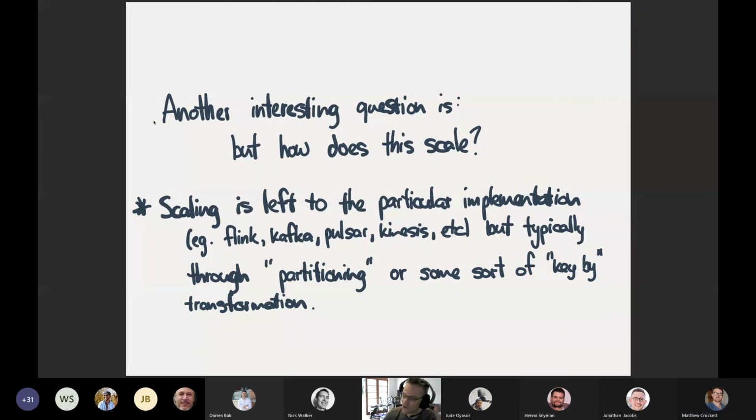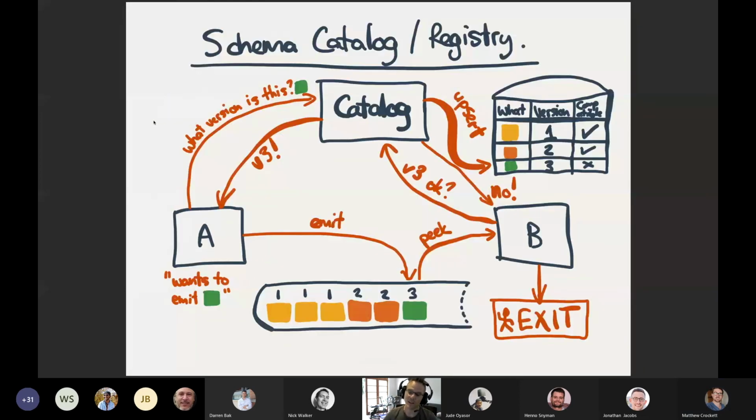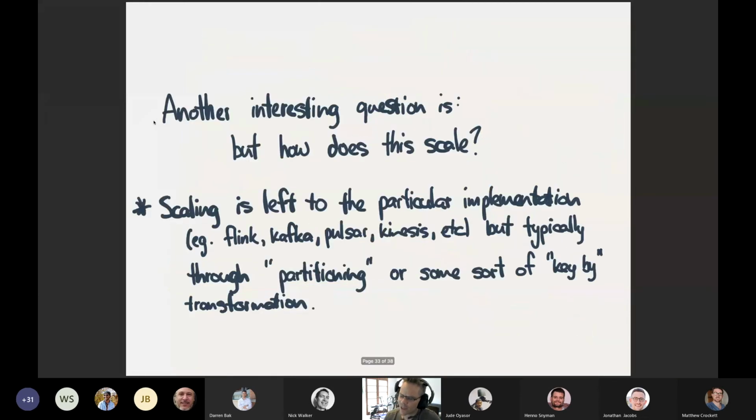So maybe this speaks to scaling also. It's like, okay, but now this thing has got to be infinitely long, right? We don't have an infinite size disk. Actually, we do. It's called S3, right? Isn't it infinitely long? I don't know. So technically, how does it actually scale? Scaling is left to the implementation. Kafka, Pulsar, and Kinesis will scale differently. They all typically use something called partitioning and keys. Key by is very common in partitioning. And I'll show you just like